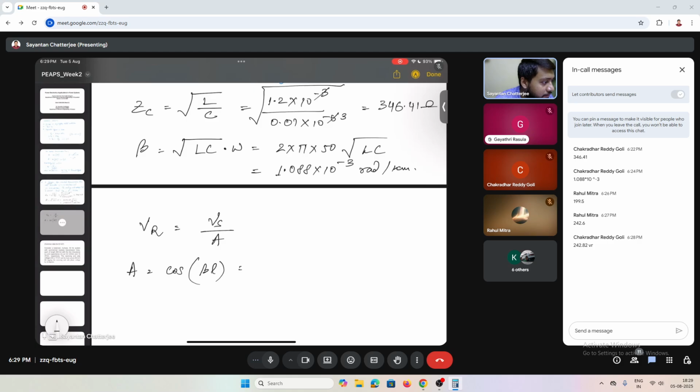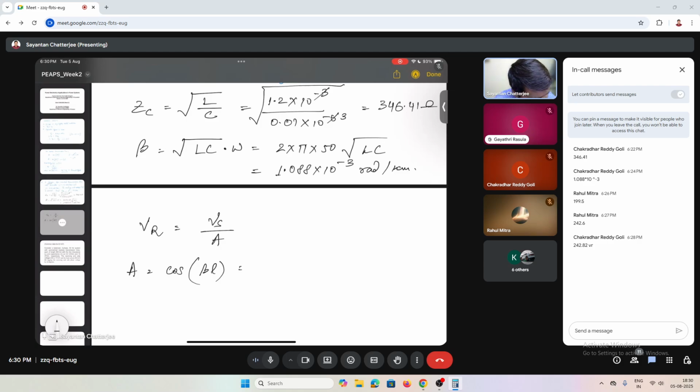But is this value of beta correct? Because root under LC,